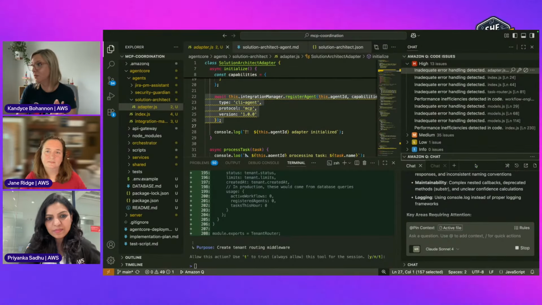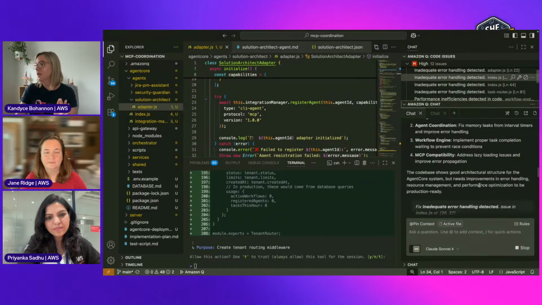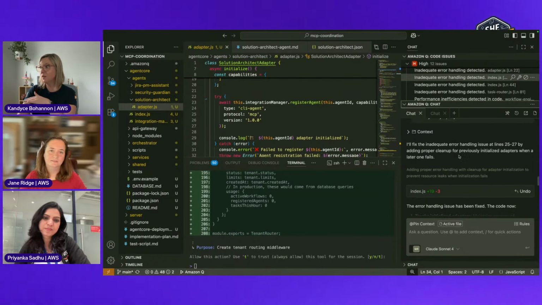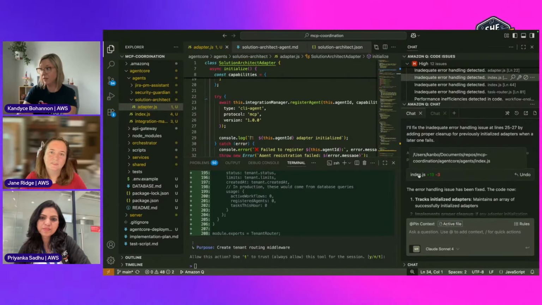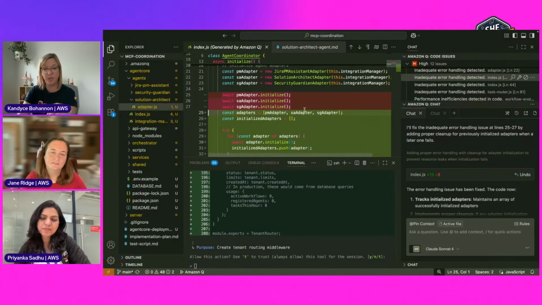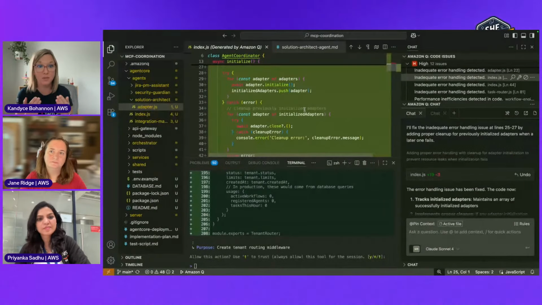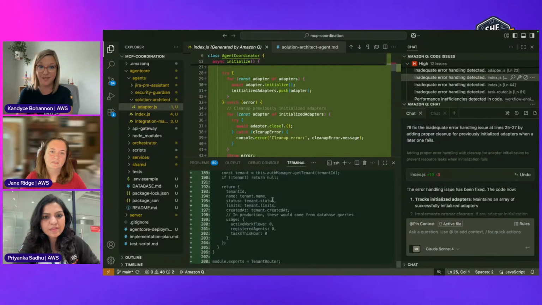Oops. Hold on. I want to make it bigger. I'm struggling with, there it is. So over here, you'll see that my screen changed, my code changed. And over here, it is now fixing. You can see the context that it's looking at, the file that we have open here. You can click right here to see what actually changed. So this is a time when I like to use the IDE plugin, when I want to be able to see that side by side, because this interface is kind of hard to digest.